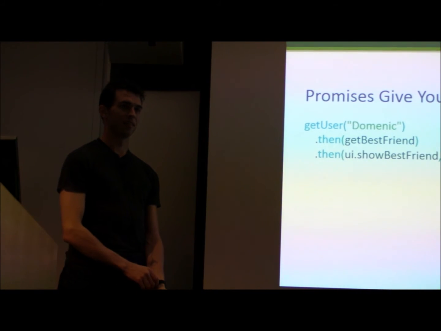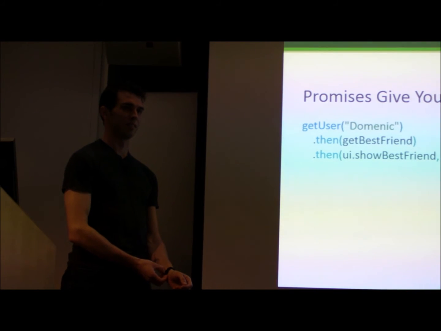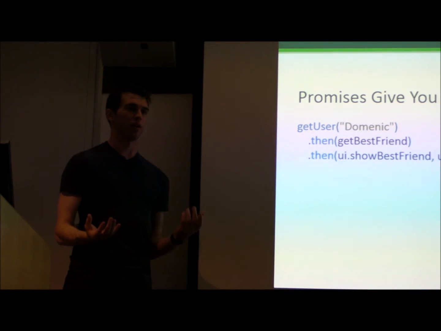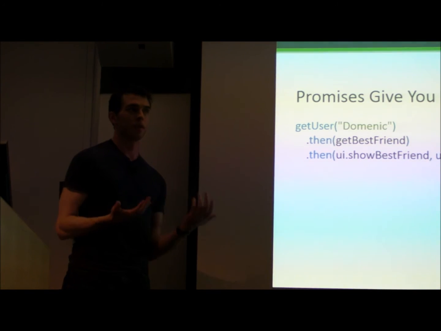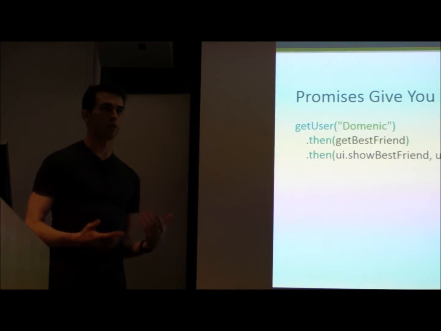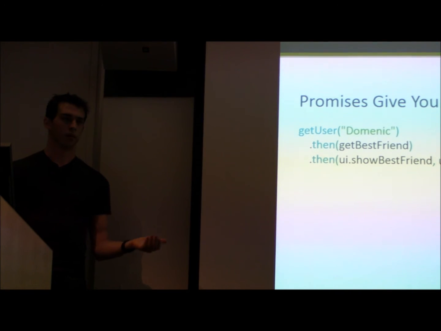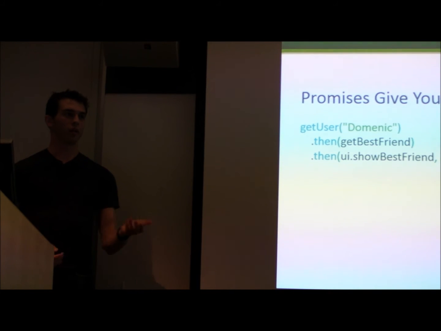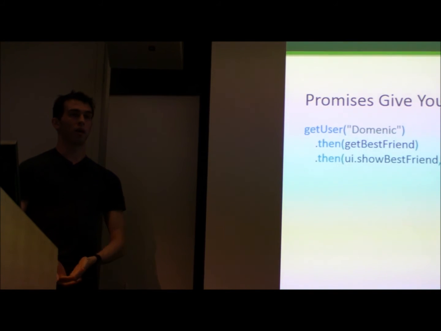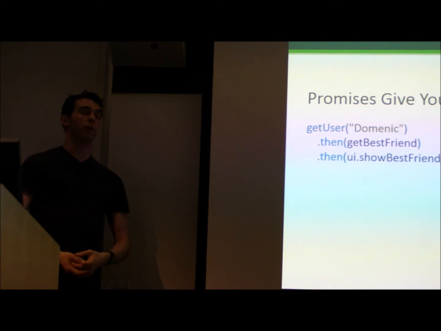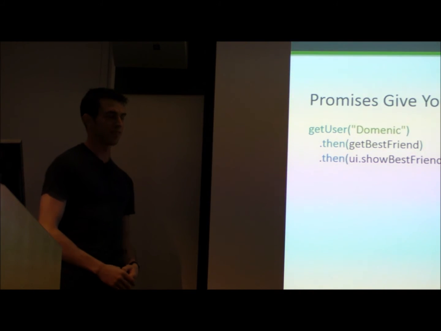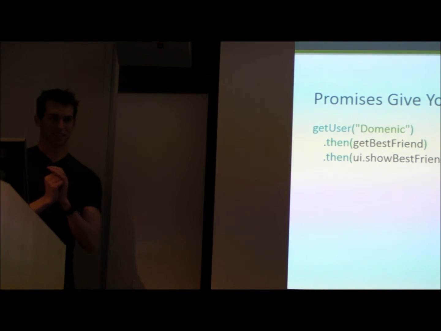If the final then is an error handler, how do I add helpful information to the error if I don't know which function failed? Well, just like in try-catch land, you choose the granularity. So yes, if you don't know which one failed, you can do instanceof checks, or you can add more catches at a more granular level, interleaved throughout the code. Or you might have information in the thrown exception. It depends. The thrown exception might be a user error, and you might say, oh, it's a user error, let me display that to the user. Or it might be a syntax error, and you're like, crap, let me log that and never speak of it again. So, that's the idea. Okay.